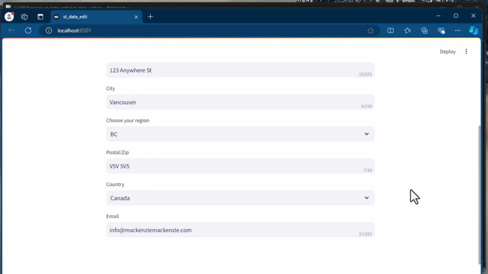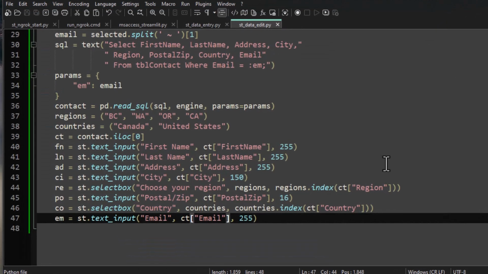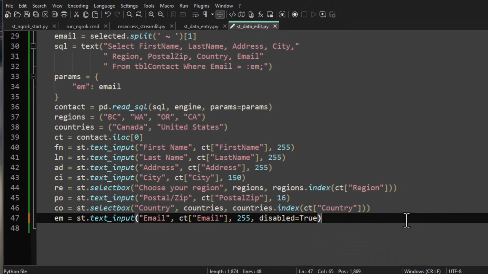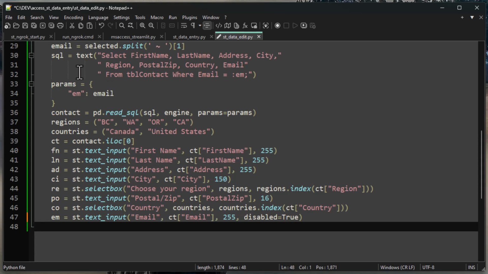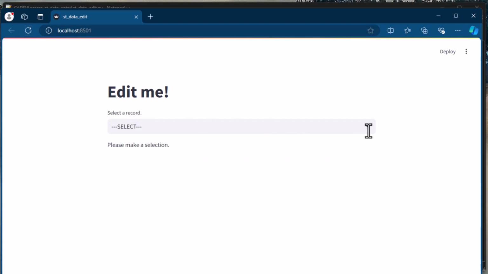Or you could use the keys in the table, perhaps, the primary key. We generally choose not to show an auto number key to the user, but you could find another way to deal with that if they needed to update that. So let's go ahead and put comma disabled equals true, and that's going to add that argument in there for the text input. And if we pull up our browser again and hit refresh, okay,